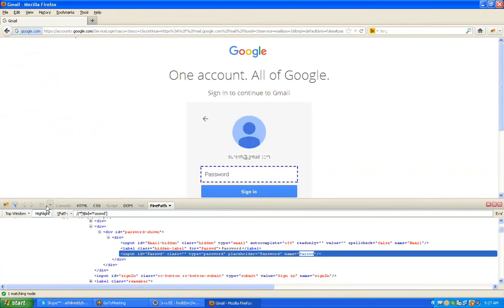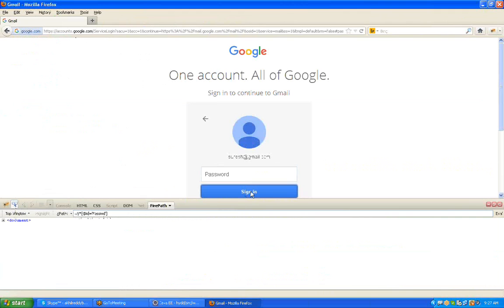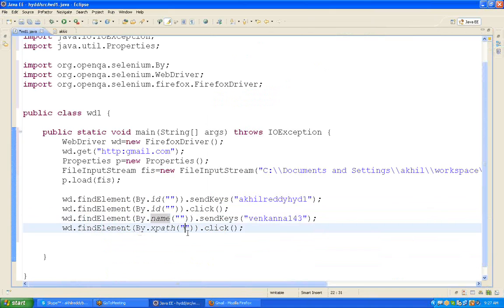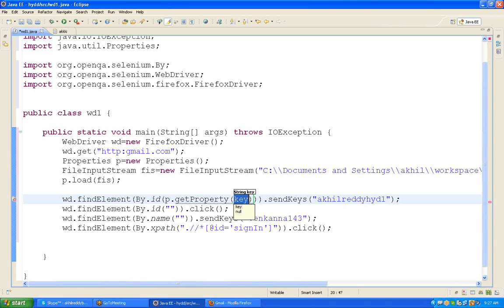So we need to find the sign in XPath. At a time, we can take all the properties and XPath also. That's the reason I'm taking different name, ID, and XPath. Both I want to implement at a time. We can do it. Right. So I want to identify the web element using ID. Simply here you can write p dot getProperty, un.